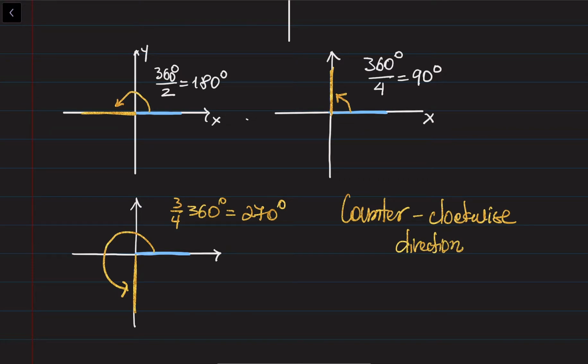And the natural question is: is it possible to obtain this terminal line by rotating the initial line in the clockwise direction? For example, can I just rotate this in this direction as well? Or can I just rotate this in this direction, for example, like this? Or can I rotate this like this here? So it appears, yes, we can do this, but all the time when we do this, we're going to measure